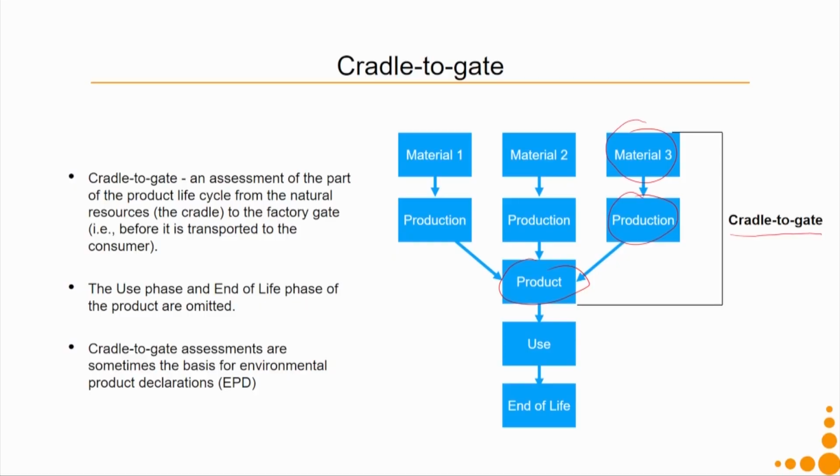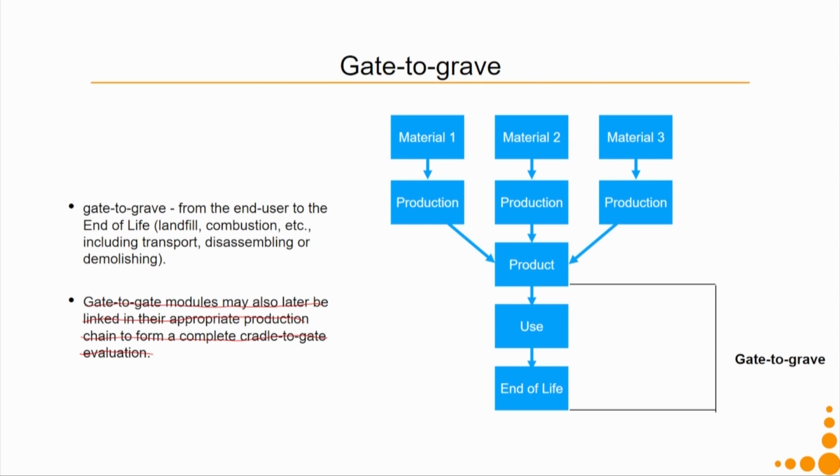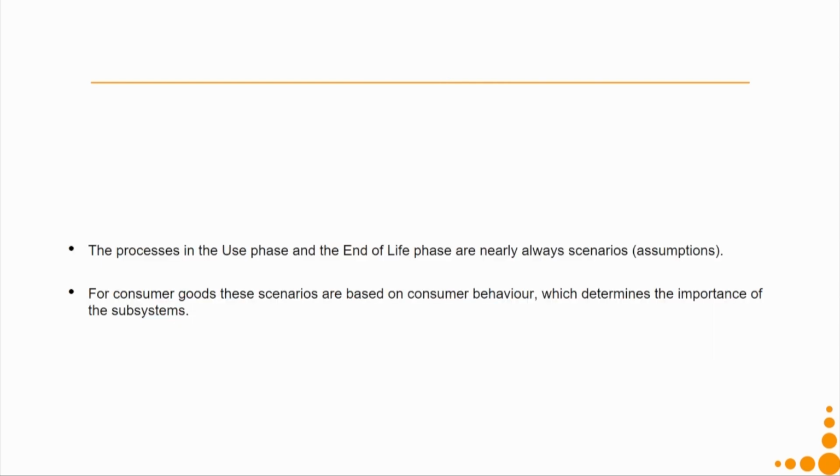So, I come up with various scenarios and do a detailed analysis. At a later stage, I can join this analysis to my previous level, which was the cradle to gate. So, I have one value for cradle to gate and I have multiple scenarios for gate to grave, and I add them together to see what the final environmental burden is. I can also compare whether the burden at cradle to gate was higher or the gate to grave was higher under different scenarios.